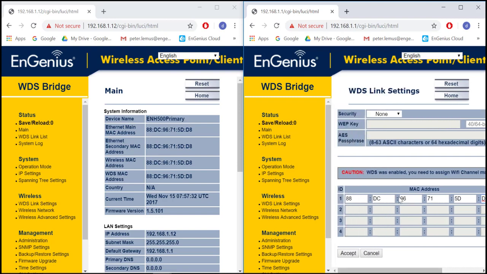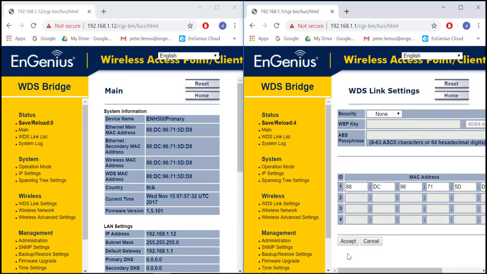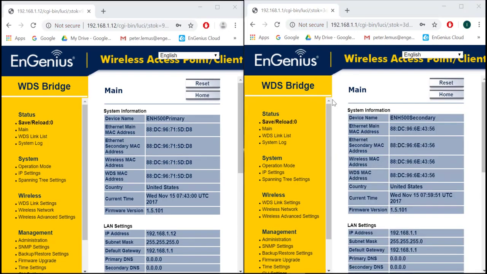Once you have verified the MAC address, press accept. Go ahead and save and reload. Save and apply. Once you have successfully saved and reloaded the configuration on your second ENH500, it's now time to